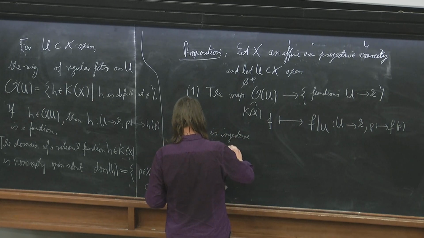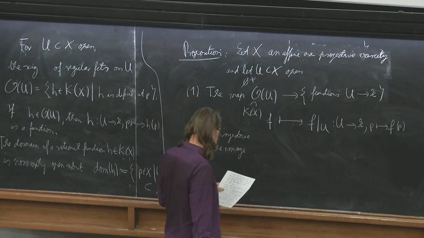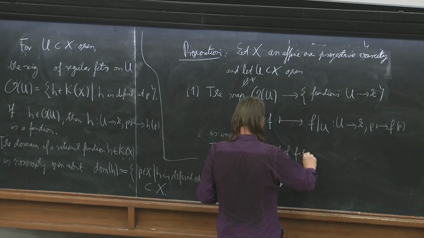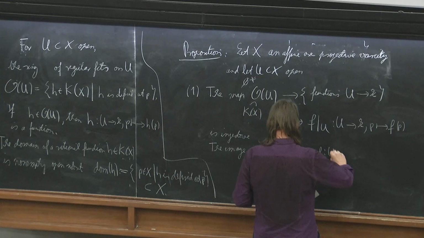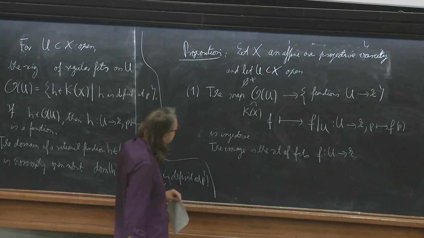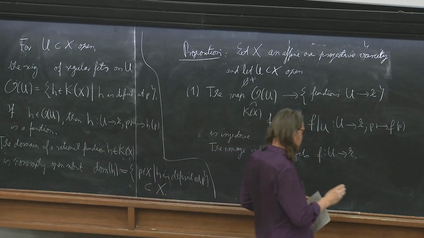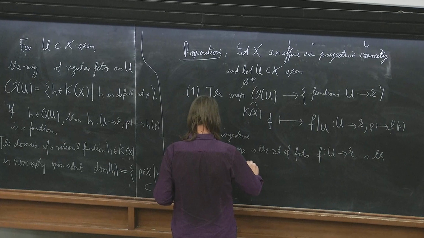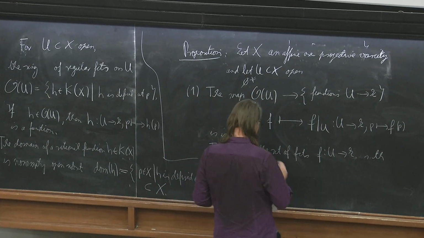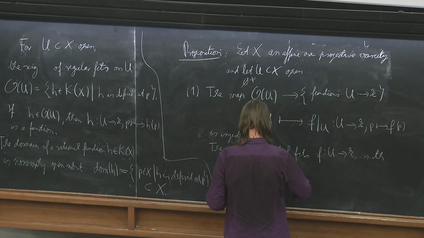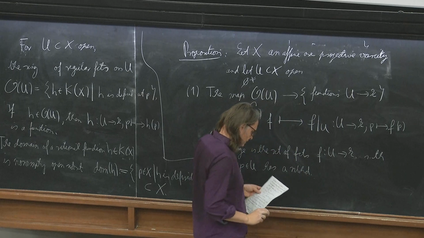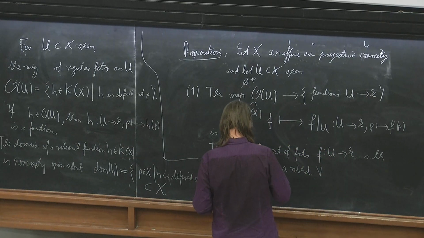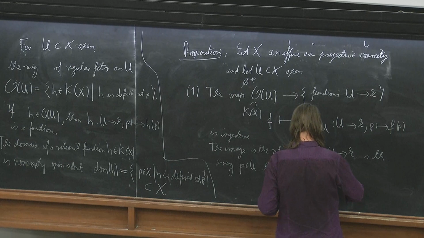The image is the set of functions f from U to K which are locally given by quotients of polynomials, such that every point P in U has an open neighborhood, which I'll just always write as neighborhood, B, such that there exist polynomials